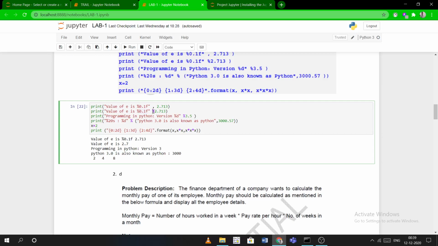So it will check for this percentage where it is. So here it is. With 0.1f, it is only truncating it to one decimal point, so 2.7. Now in the Python version it is the same way. We wrote percentage d, so percentage d here, percentage 3.5, where there we will write like